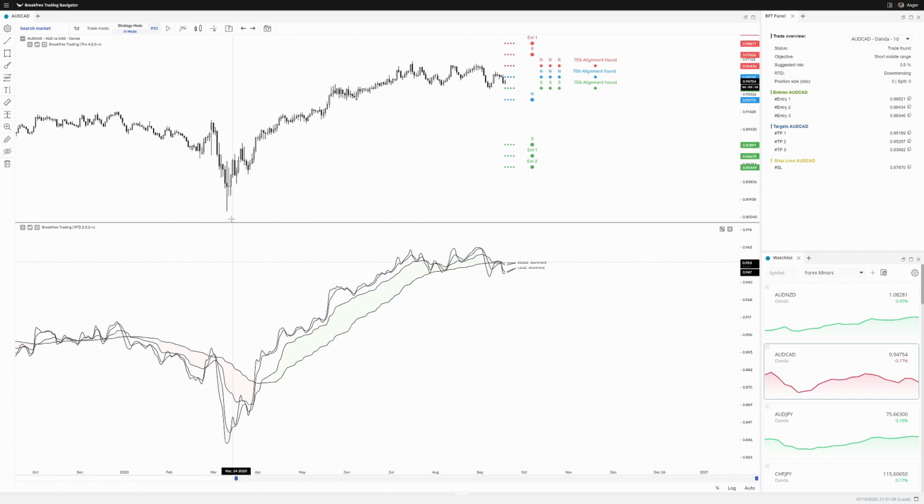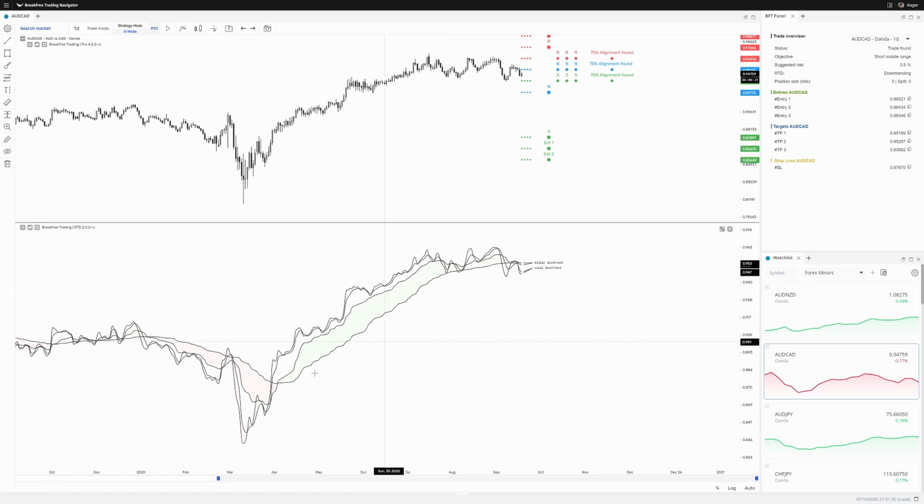Already here local is crossing into a bull trend, and something we haven't talked that much about is that when local starts trading above global, that's a really good sign. That is the first sign you're going to see before global changing into an uptrend. The first thing you're going to see before a market changes into an uptrend is that local is going to start to trade above